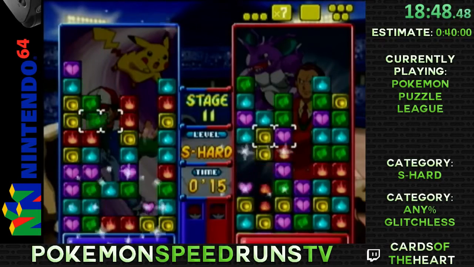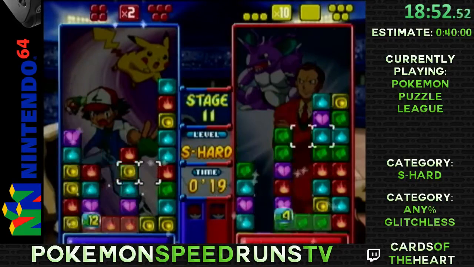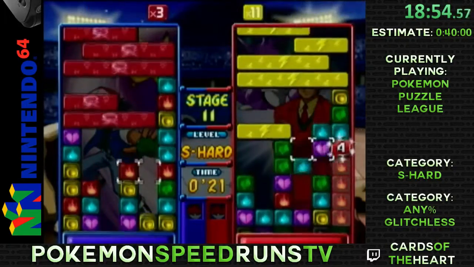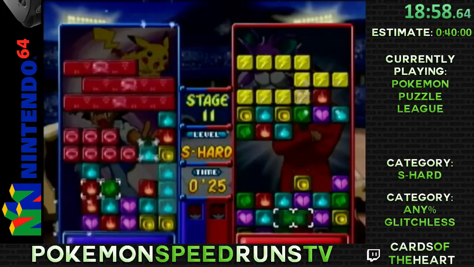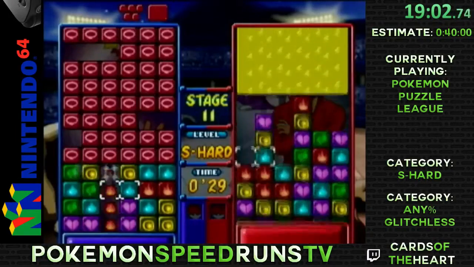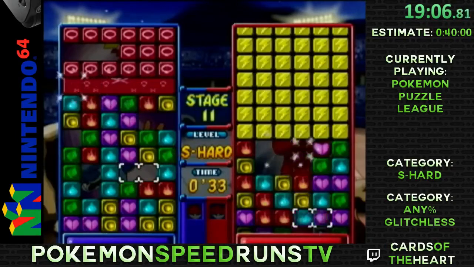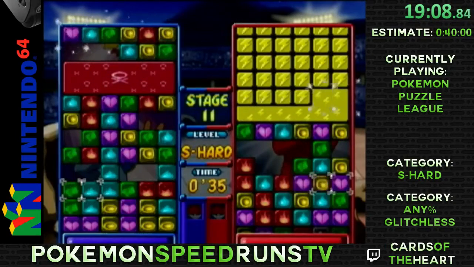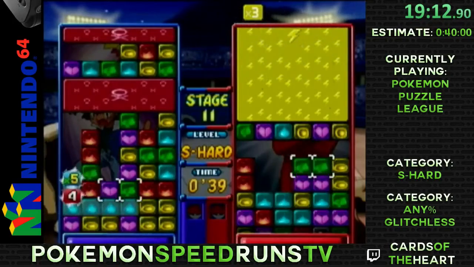Unfortunately, here I'm just trying to manipulate the drop of my garbage for when Giovanni stops chaining, and sometimes that works, sometimes it doesn't. There's still a bit of guesswork involved. I could say this is more of an art than an exact science, really. Oh, I should probably mention...